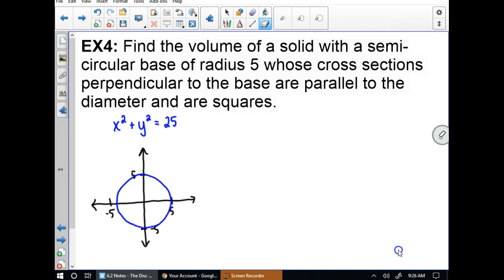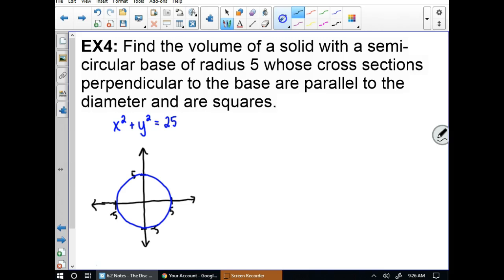You just have the circle here. Just find the volume of a solid with a semicircular base. So I'm only going to use half of this, with a radius of 5, whose cross sections, so it says cross sections perpendicular to the base are parallel to